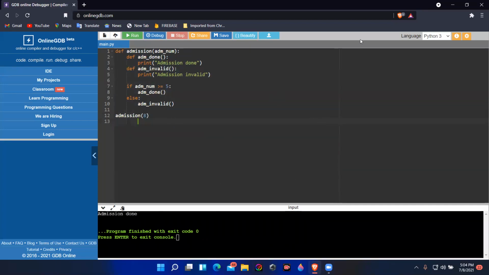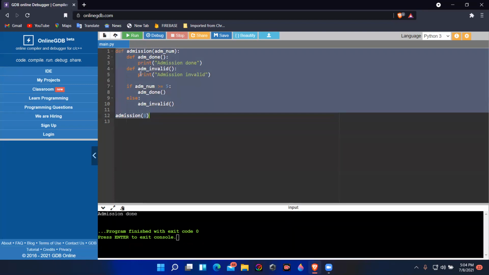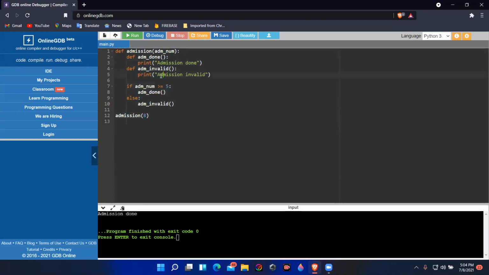Now can you explain me the flow, how this calling happens? So first, the compiler will read this code. First, it will go inside this function, and then it will look at these functions. Initially, it is going to ignore the functions. Now it will go to the if condition, and it will just read this function, ignore it. Then when we call this function, it will come up here. Then it will pass the argument, which is 8. Then it will ignore these two functions, go to this if condition.